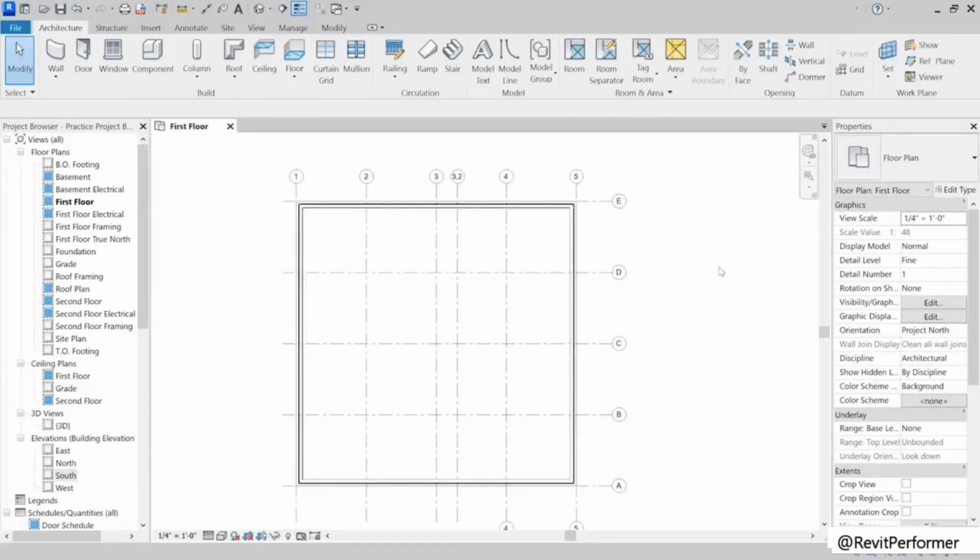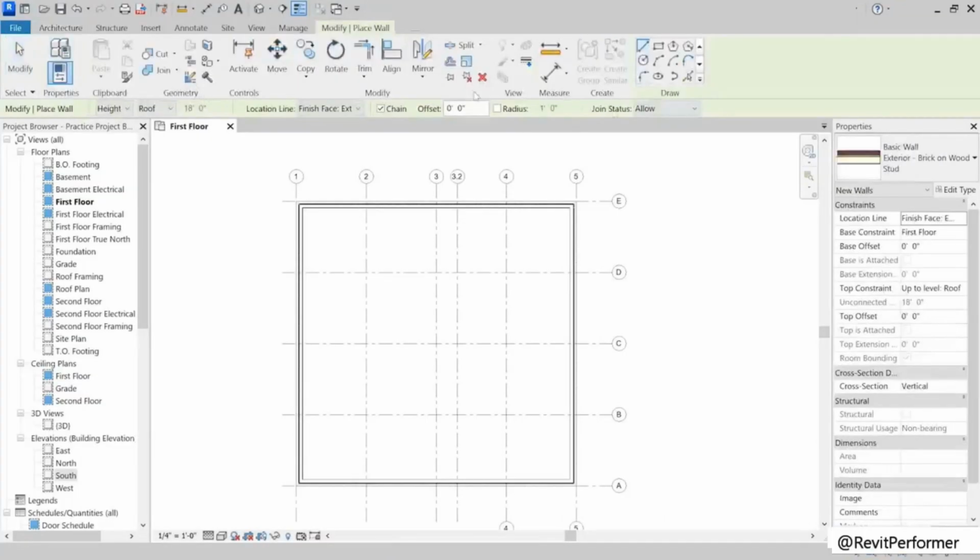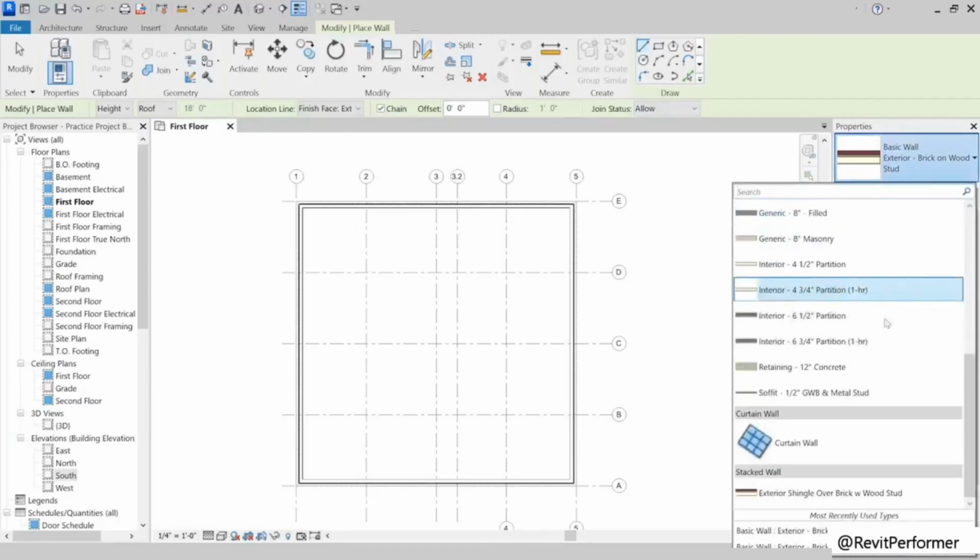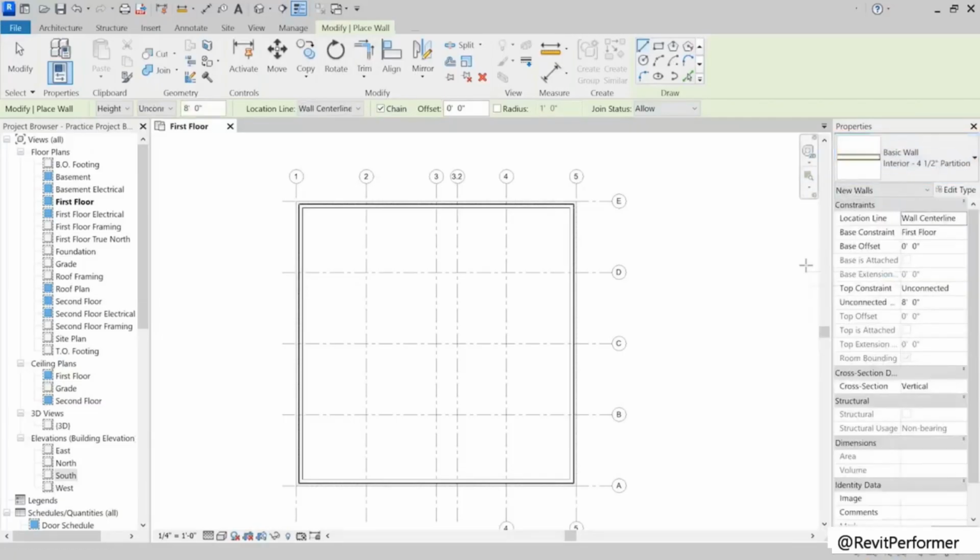We've got our exterior walls in, so now let's add in some interior walls, but this time we're going to do them a little bit different. First, I'm going to come up here to my wall command again. I'm going to come over here to my type selector and change them to an interior wall, and I'm just going to use this interior 4.5-inch wall. I'm going to come over here to my design options toolbar and change it so that they all go up to the second floor.